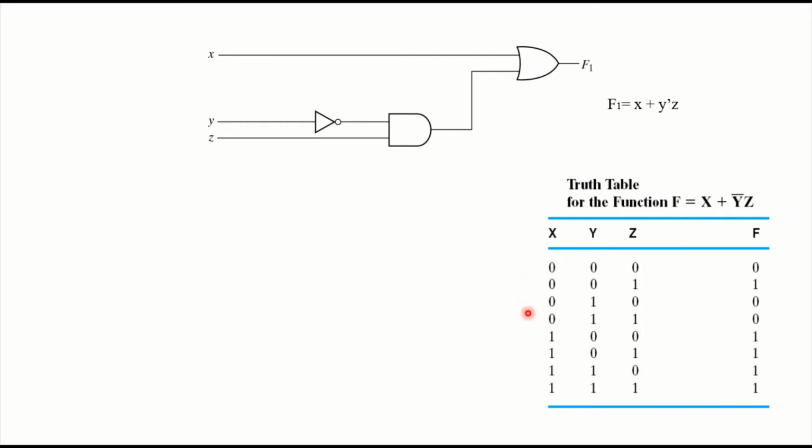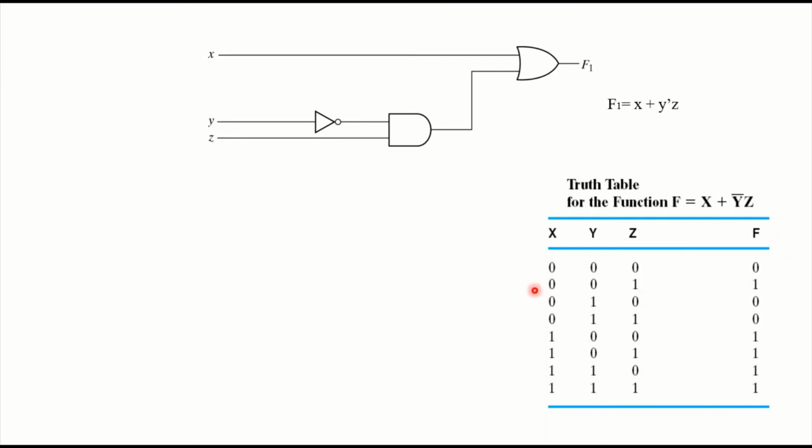So we have the inputs here. Now for completion of the truth table, we need the output. We can calculate the output if we apply this case. Now consider this first case, x is 0, y is 0, and z is 0. We'll put x equal to 0, y is 0, y bar will be 1, z is 0. Because z is 0, this term will be 0, and x is 0, so f1 will be equal to 0. We can see from here f1 equal to 0.